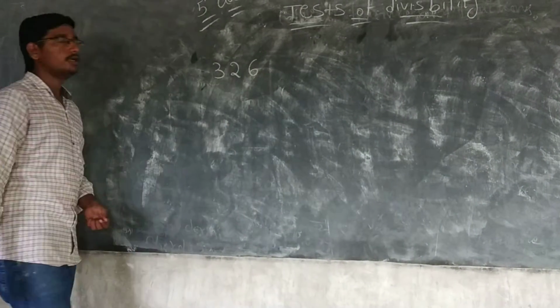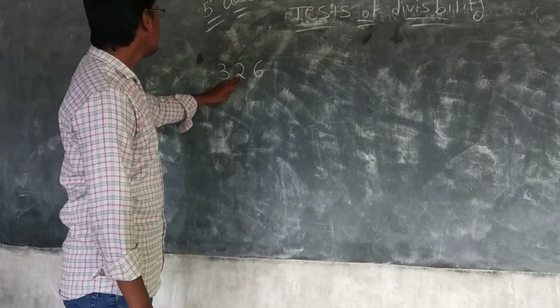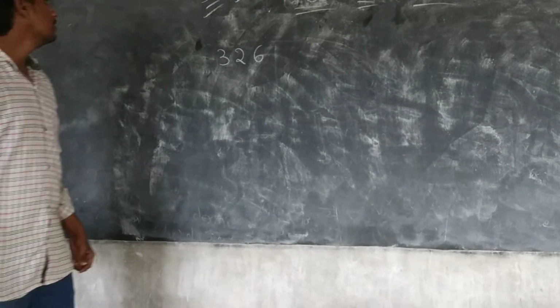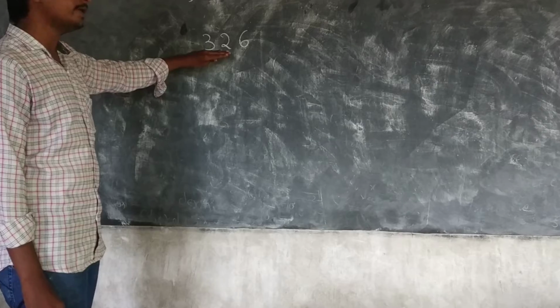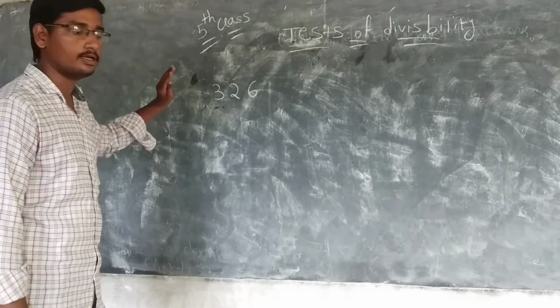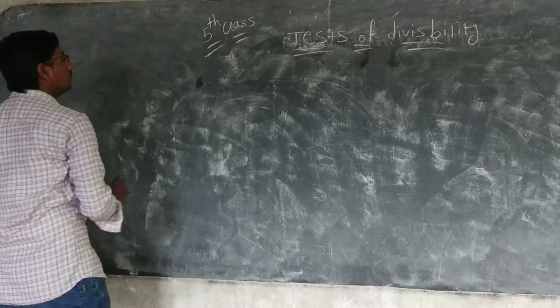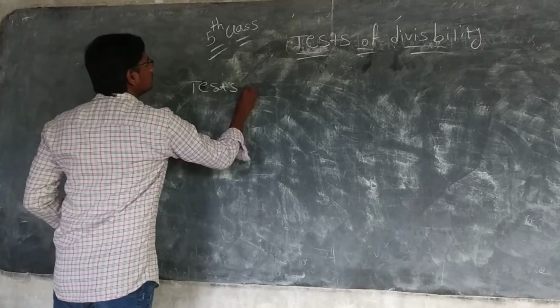326. What is the number? Here the digits are 3, 2, 6. This is a 3-digit number. Students, without doing an actual division, you have to say whether this number is completely divisible by 2 or 3 or 5 or 10 in this manner. Okay, students, first of all, let us learn about the divisibility rule of